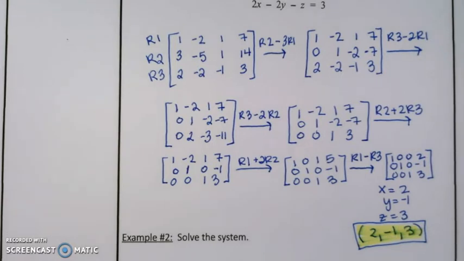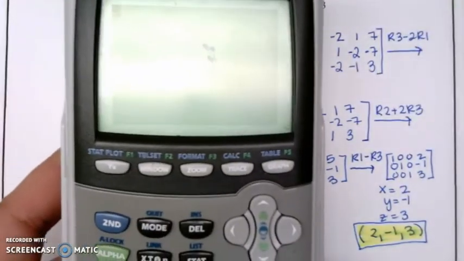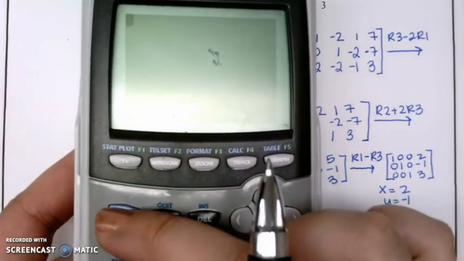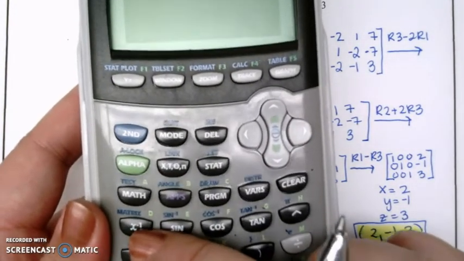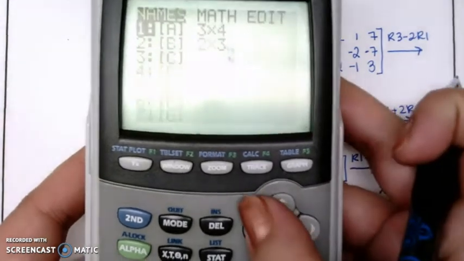Using these same steps, go ahead and try examples 2 and 3, and then we'll also go over how to do this on your calculator. All right, so just like we've done previously, in order to make our matrix, you go into second, and then above the inverse button is matrix. Okay, and then we're going to edit,